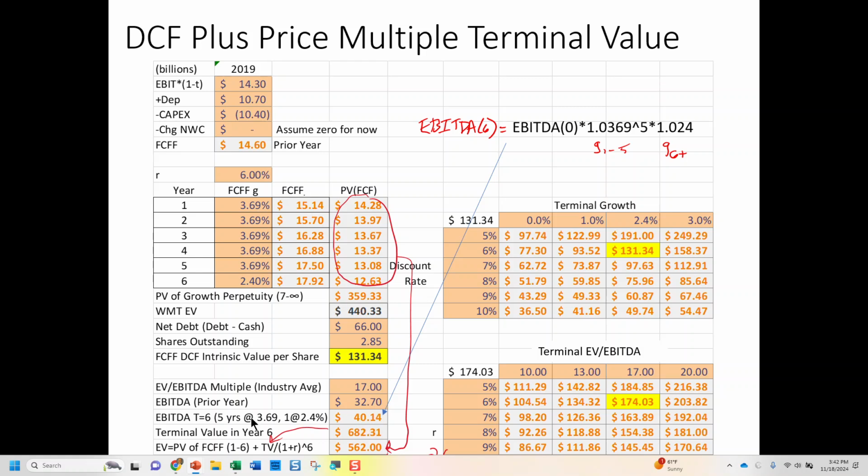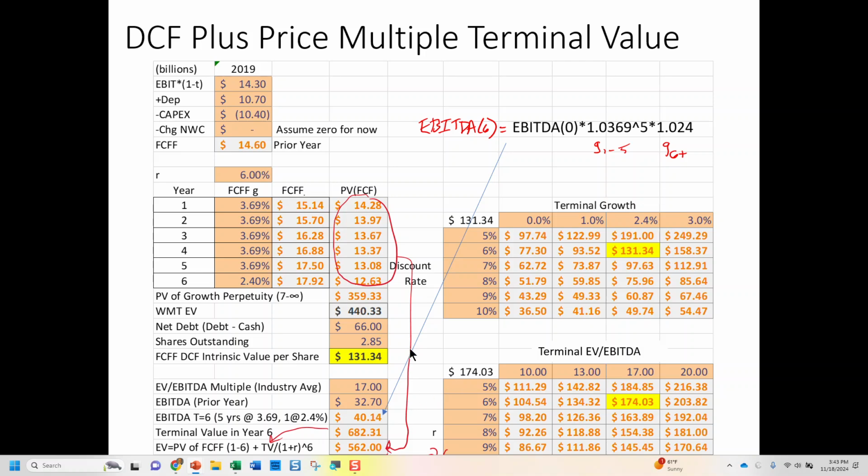I estimated the year 6 EBITDA by growing the year 2019 EBITDA, and then I multiplied times 33, which is an estimate that was roughly equal to the S&P 500's EBITDA multiple at the time. So again, all I'm doing is replacing this one valuation here using a terminal value with this one here, which is 32 times EBITDA in year 7, discounted back 7 years. And then I get a new valuation